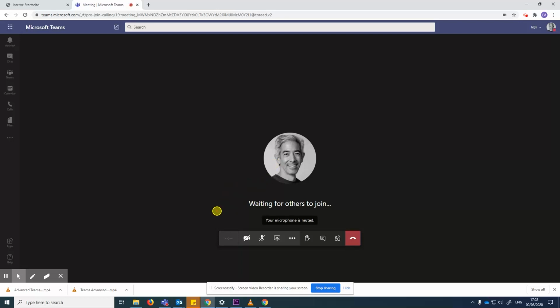Once you've joined the meeting, you'll notice that there's a menu underneath your picture, or initials if you don't have a picture, and several options. You have the duration of the meeting. You have the option to turn your camera on or off, turn your microphone on or off, share your screen, additional advanced options,